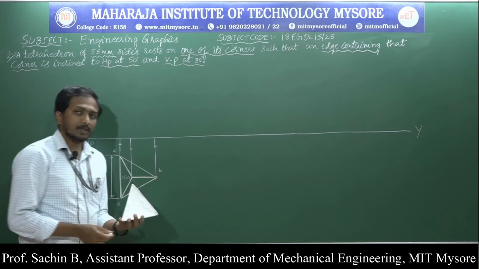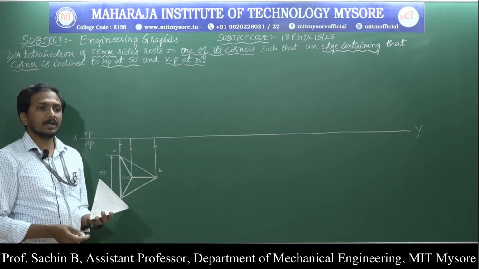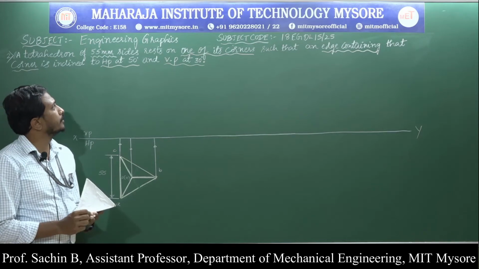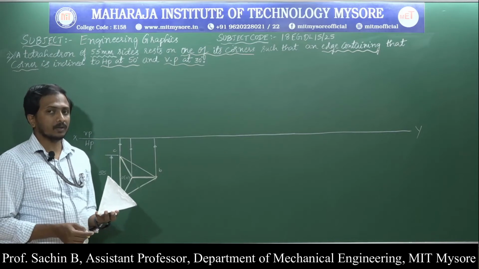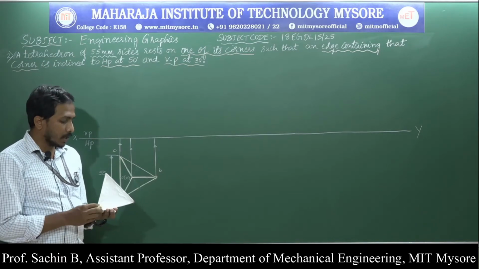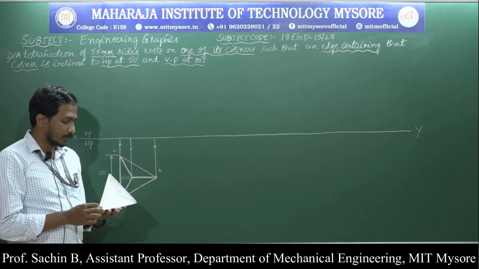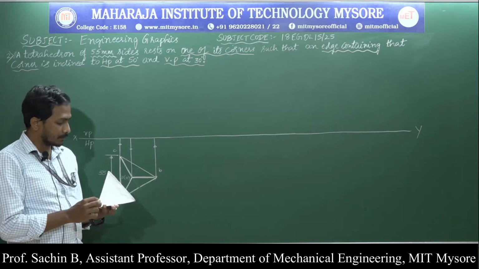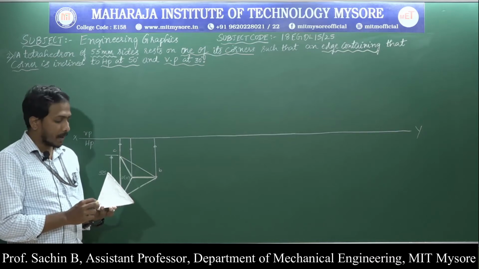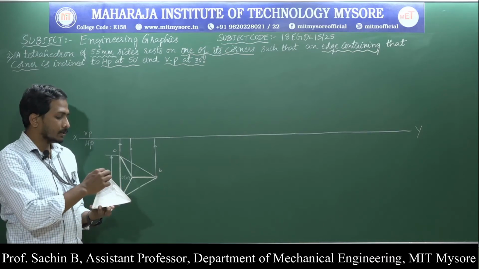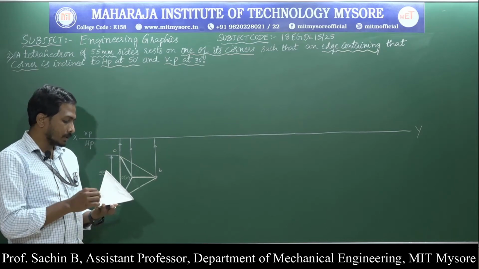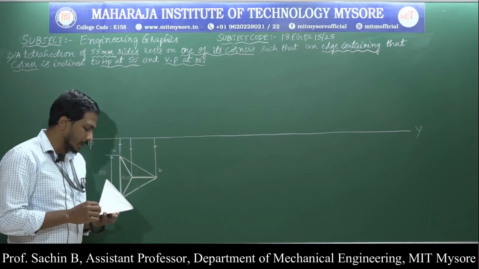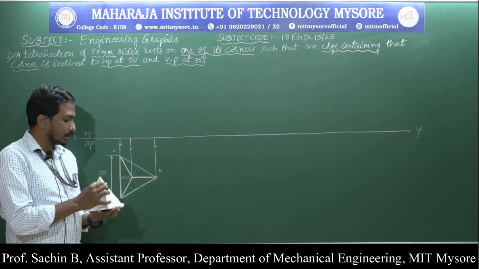Now in the problem they have given a tetrahedron with 55 millimeter sides of base. Now how to construct the front view of the object? By the appearance of the object to the observer, this slant edge will look like an inclined line at some angle. Again, this slant edge is inclined, exactly what we are viewing from the front view. According to it, this slant edge is inclined, but this slant edge